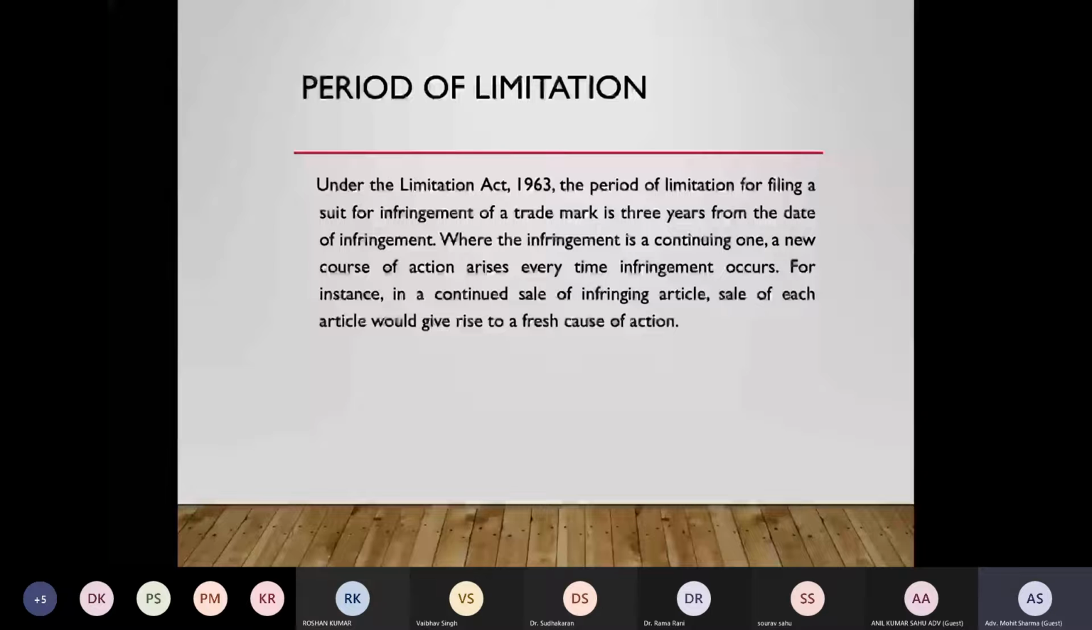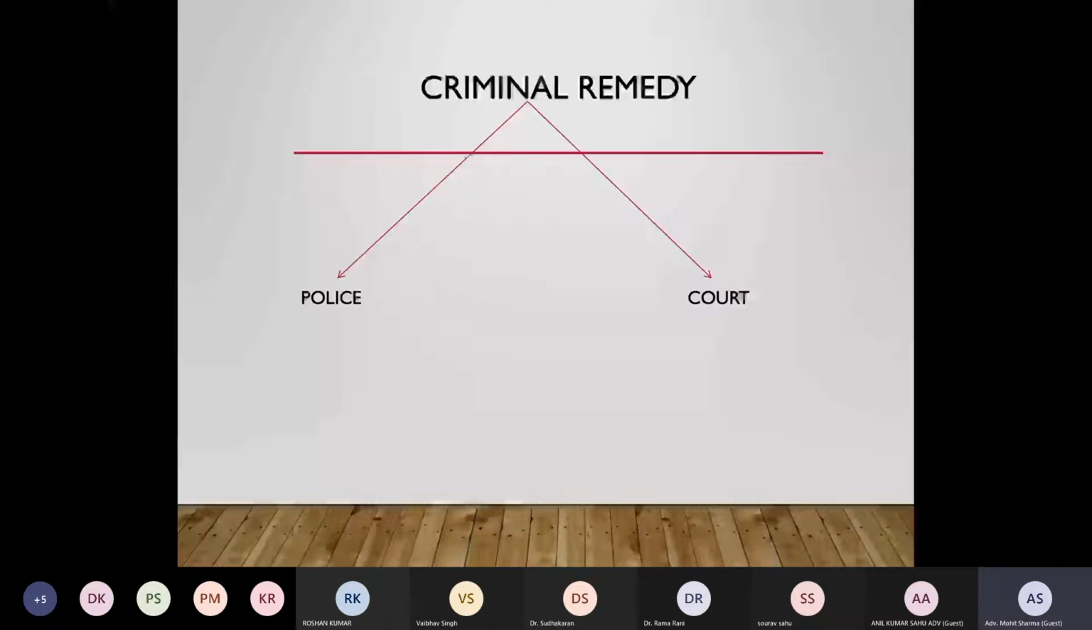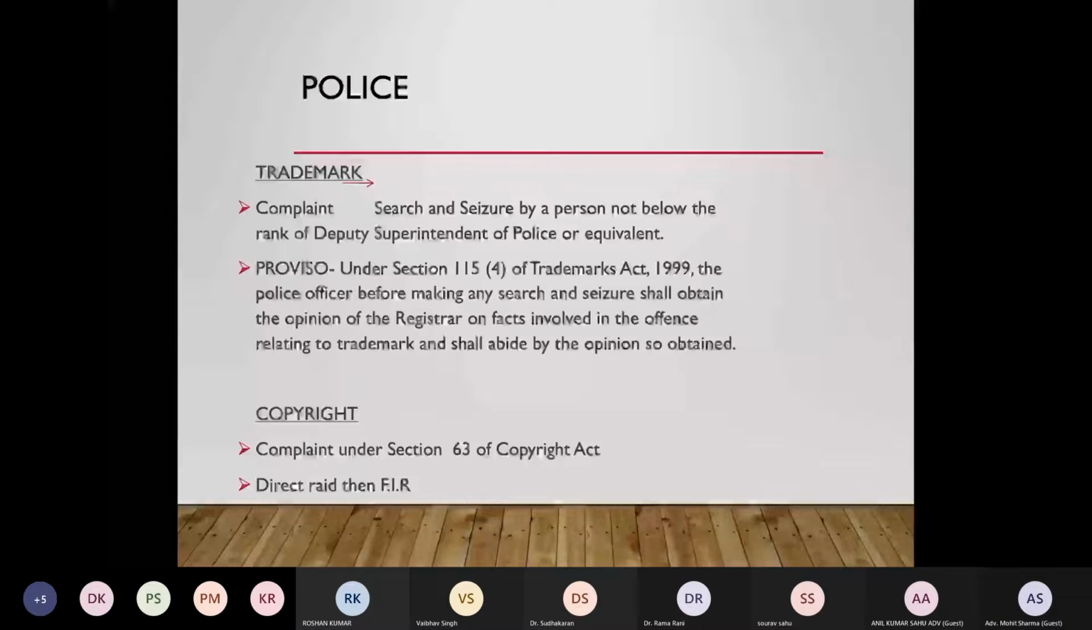सिविल रेमेडी में जैसा कि मैंने आपको बताया हमारे पास 2 रेमेडी होती हैं, एक सिविल और एक क्रिमिनल। तो सिविल का मैंने आपको बता दिया है। क्रिमिनल रेमेडी में हमारे पास 2 ऑप्शंस होते हैं, टू डायरेक्टली गो पुलिस एंड पुलिस पर जाने से पहले, कंप्लेंट करने से पहले हमें देखना पड़ता है कि हम किस किस प्रोविजंस में हम लोग डायरेक्टली पुलिस को कंप्लेंट फाइल कर सकते हैं। सो इन ट्रेडमार्क